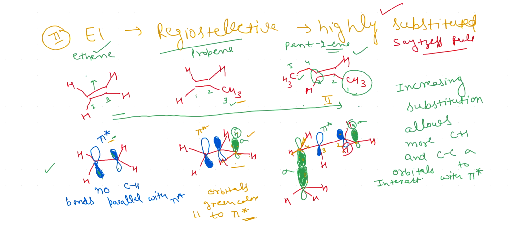So these are another three hydrogens of carbon number 5. These are not parallel to this pi star antibonding orbital, so I have not represented them in these forms. I have shown only those orbitals which are parallel to the pi star antibonding orbitals. Why have I drawn only these orbitals? Because